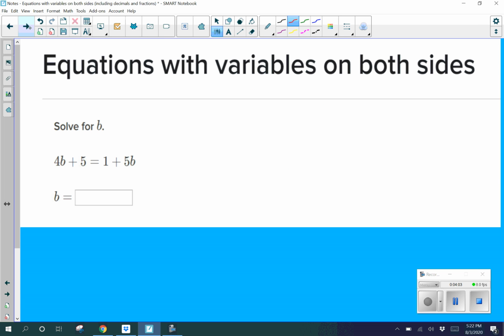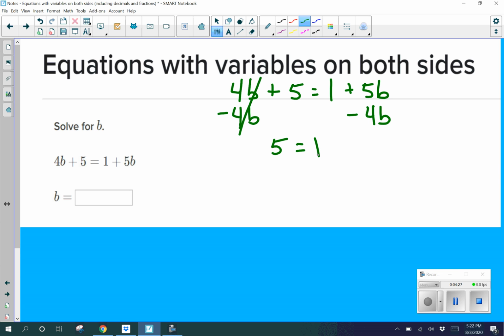Okay, let's try one more of these, and then we'll get into some with some decimals and fractions. So we've got 4b plus 5 equals 1 plus 5b. You can either subtract 5b on the right or subtract 4b on the left. This is what's going to keep my variable positive, so I'm going to start by subtracting 4b. That leaves me with 5 equals 1